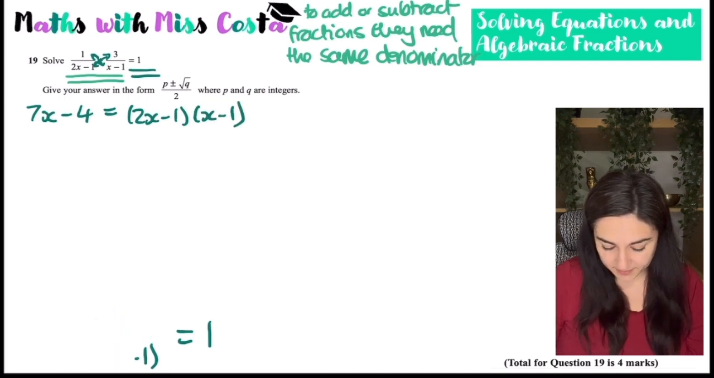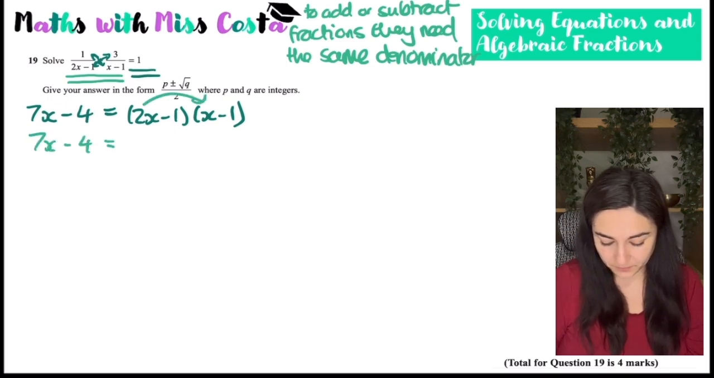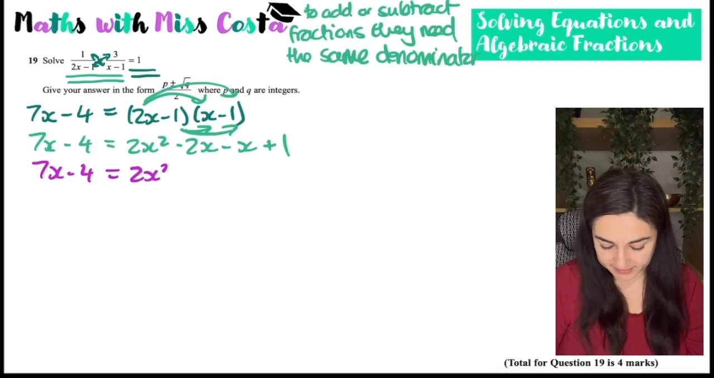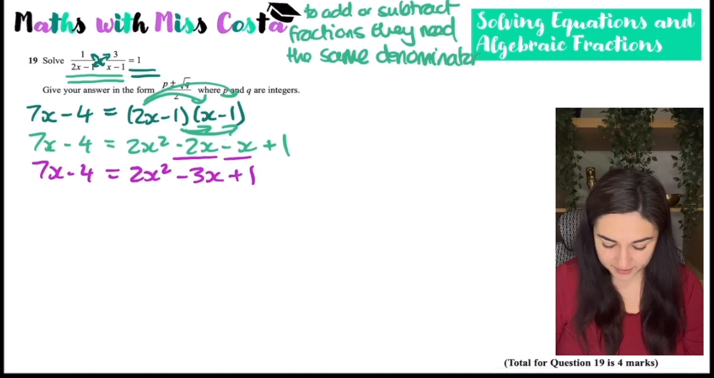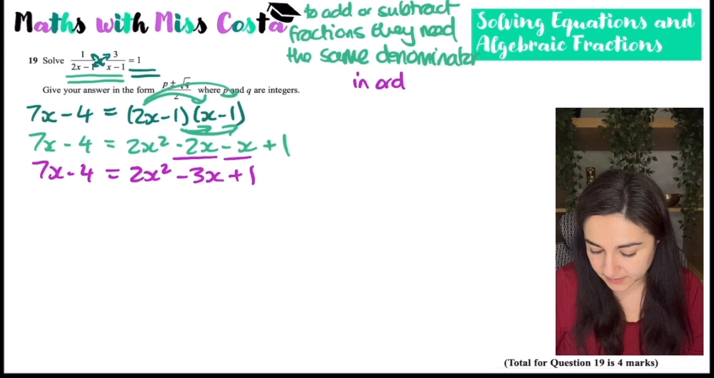Once I'm here, I just need to manipulate the algebra a little bit. So let's expand the brackets. That would give me 2x squared minus 2x minus x plus 1. I can simplify that. So that'd be 7x minus 4 equals 2x squared minus 2x minus x is minus 3x plus 1. Now you've got your quadratic, but in order